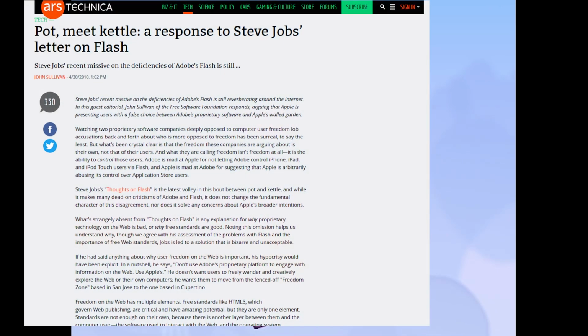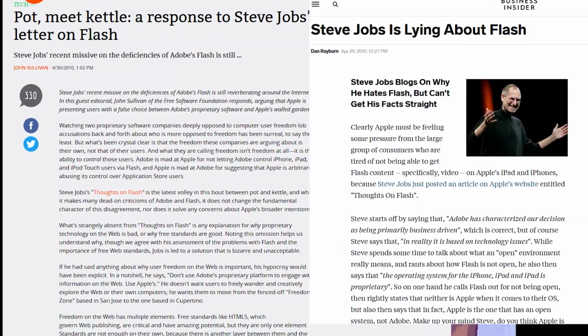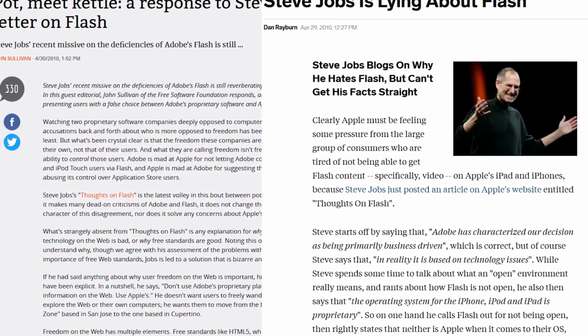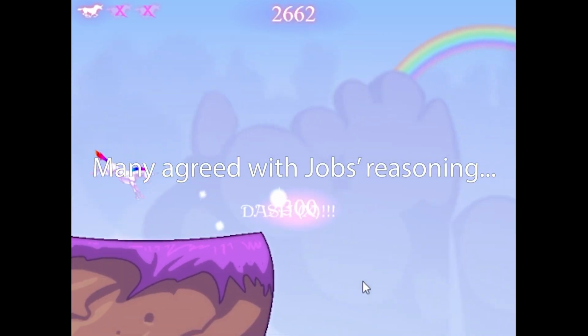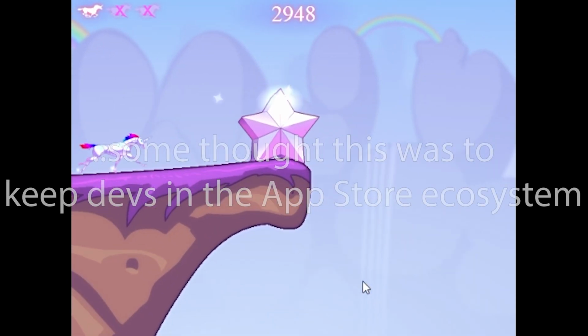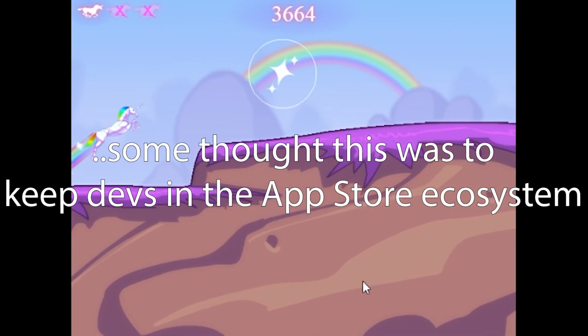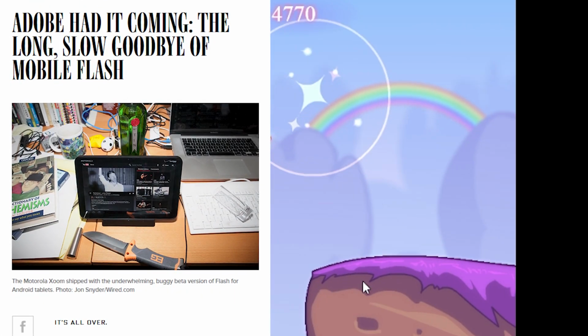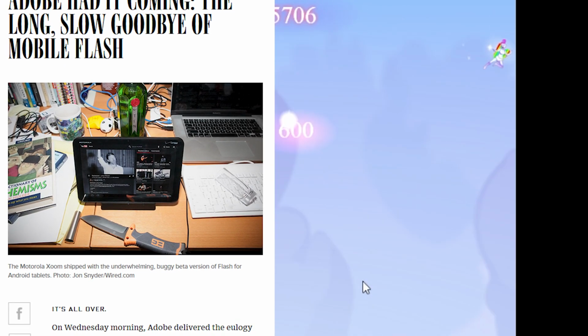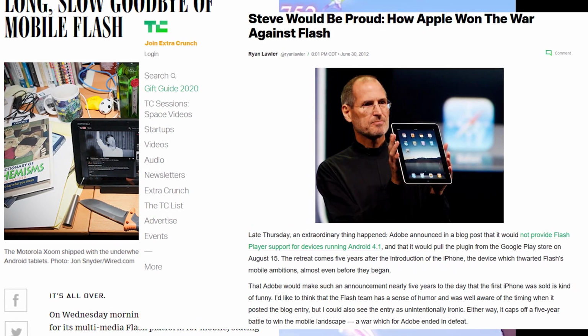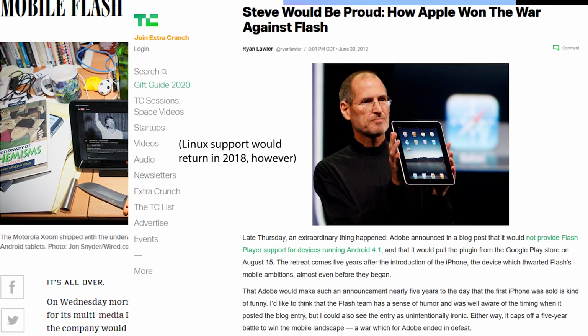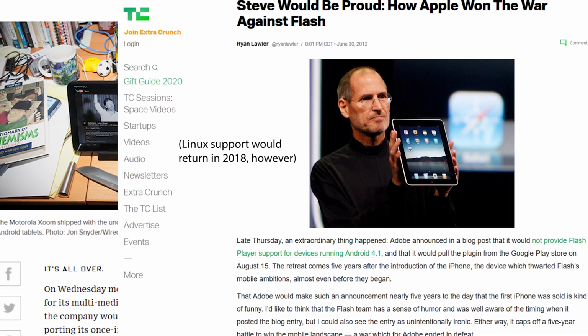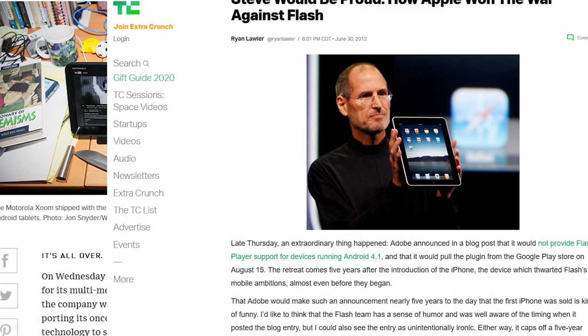Initially, journalists were puzzled on why Jobs was so bullish on the idea to exclude Flash, as while many did understand his reasoning, this was to lock them into Apple's walled garden for the App Store. However, by the end of 2011, more and more journalists began to agree with him due to Adobe pulling support for Android and Linux with Flash Player 11.2 in early 2012 for performance reasons, exactly as he outlined in the